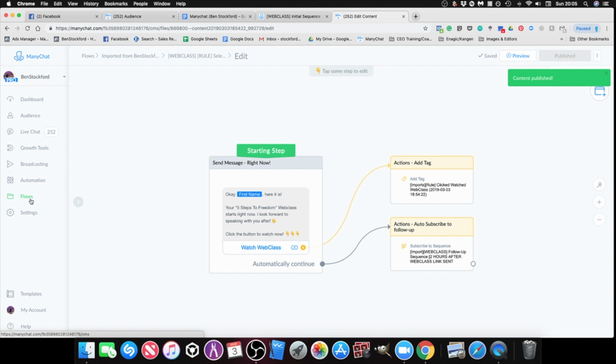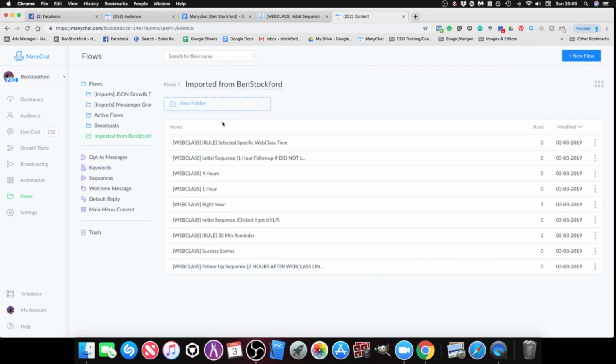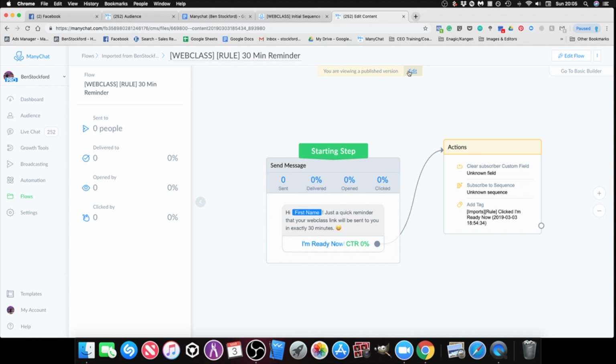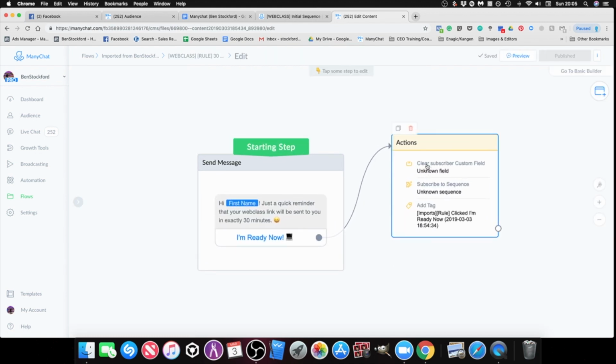And then click onto flows. Import from Ben. And then we want to go to the 30-minute reminder. Edit this flow. So if we click here,